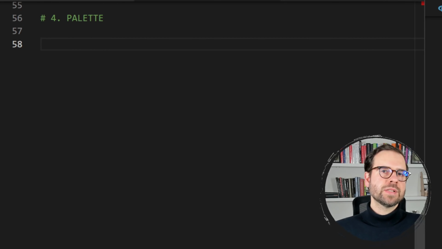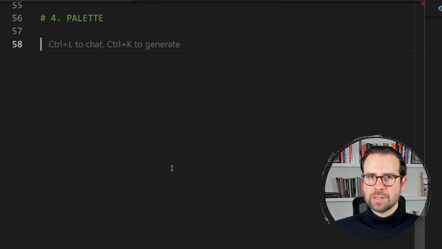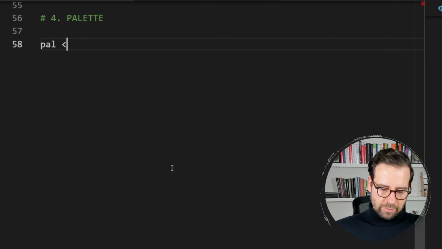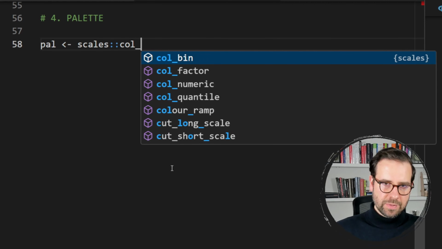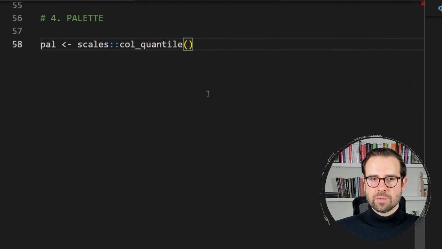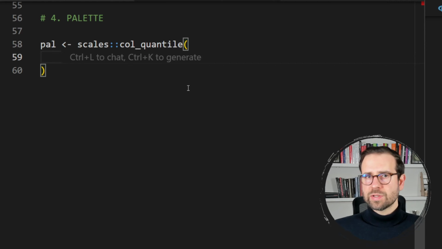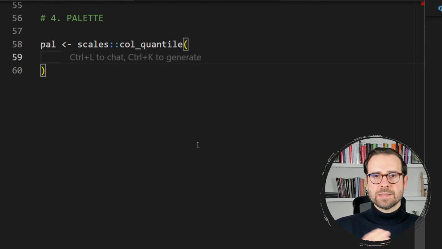And then the penultimate step before we start creating a map is to define the palettes here. The easiest way is to use the scales package and then map certain palette to certain values. So for that purpose, I'll be creating here an object called pal, and then from scales, I'll be using one of the options. So I'm going to be using quantile. I'm going to be creating it based on quantile probabilities and assign a certain palette then to quantile probabilities